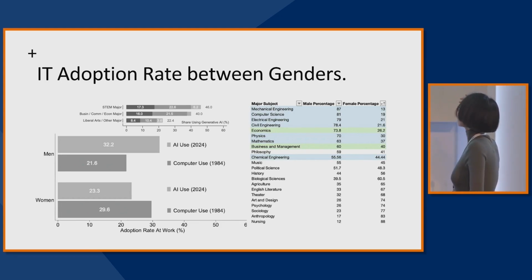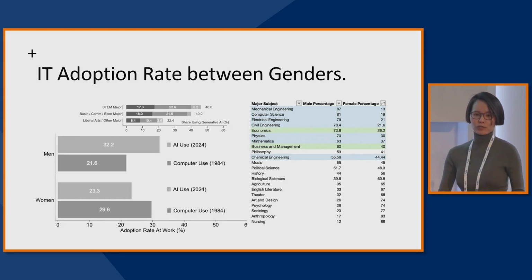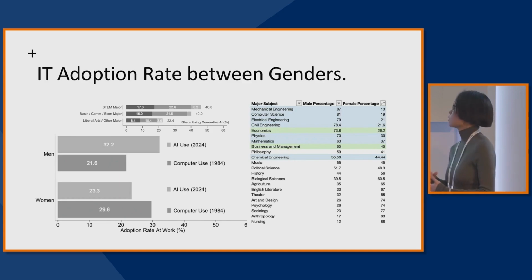Most subjects that females tend to pick or study are either nursing or theater or music. Those are the subjects, and later on when you become a professional, those are the professions that you don't heavily rely on a computer, and subsequently you wouldn't immediately find how AI will really help you boost your productivity. As opposed to if you work in STEM or if you work in business and commercial, you will immediately find